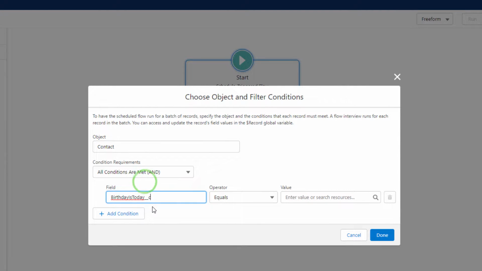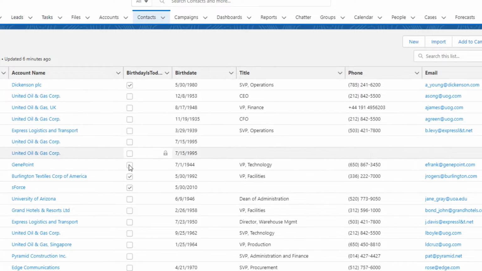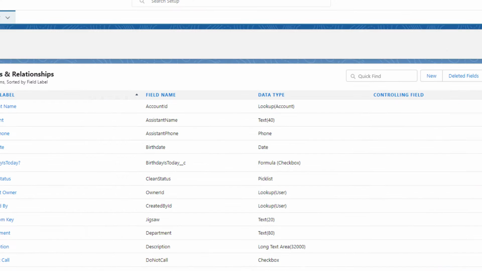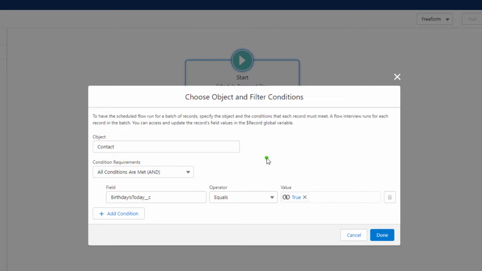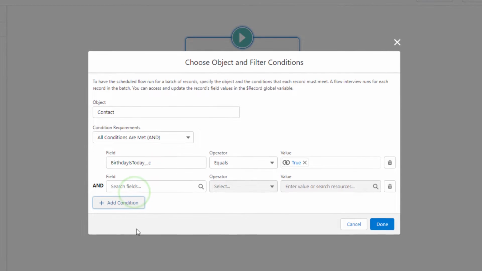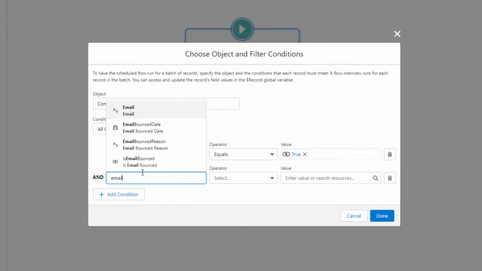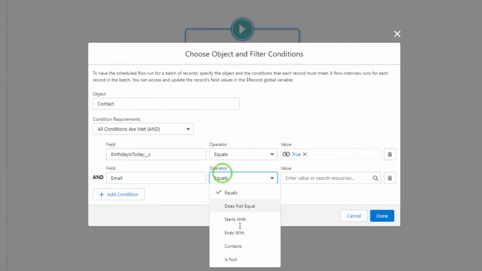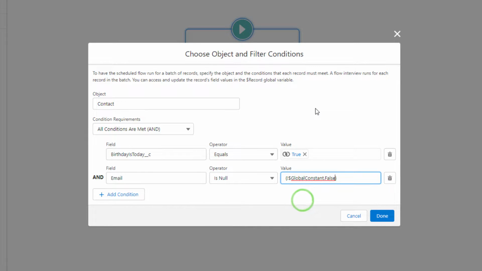There's going to be two conditions for this, and the first is our custom formula field, Birthday is today, and we're going to set that to be true. So just a reminder, that's that checkbox right here, and it makes it really easy to sort through all the contacts with that custom formula field, and that's why I chose to do it. You can filter the contacts without a formula field, but it's a little bit more challenging. The second condition that we need to include is that the email field of the contact is not null. So we'll say is null, false. And this will prevent any errors from contact records who don't have an email address. I'm going to press Done,